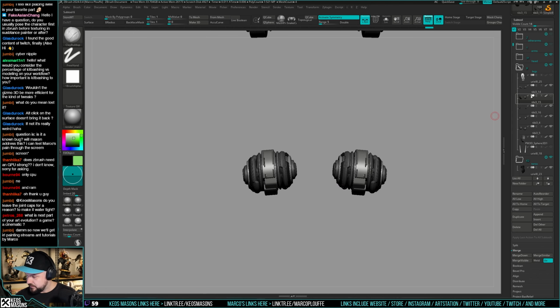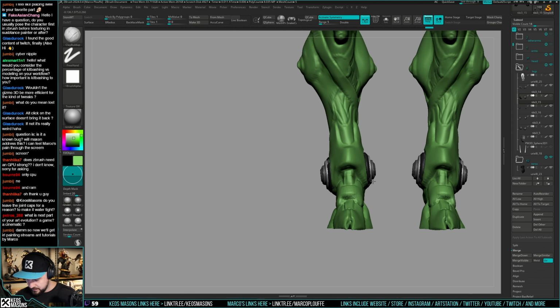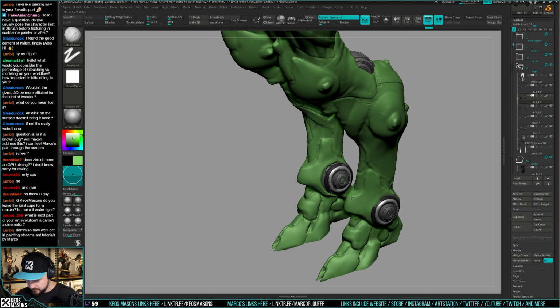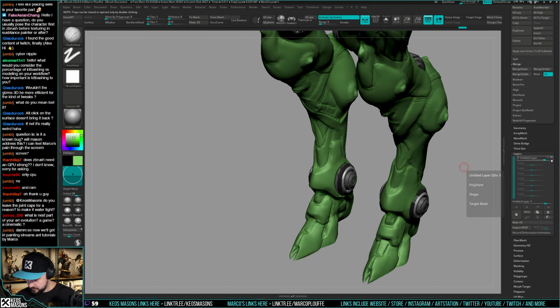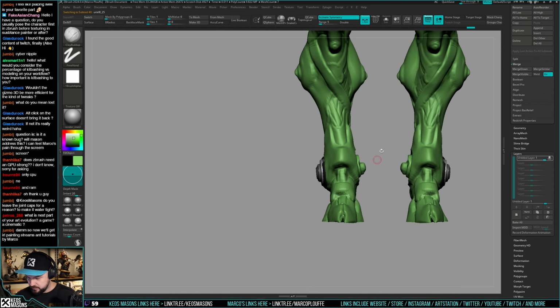I'm not trying to make it perfect. I'm just trying to see if I align them, if I can actually get the same feeling for the silhouette as before. Yeah, it doesn't change enough. I'm going to keep the